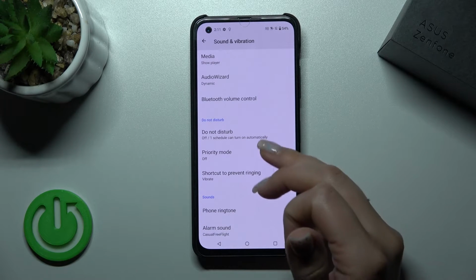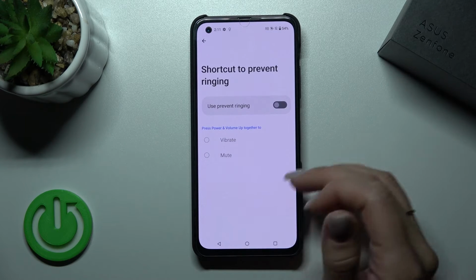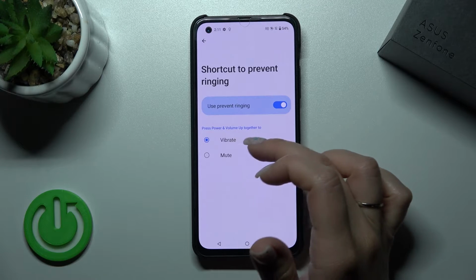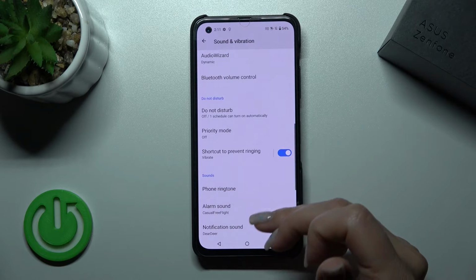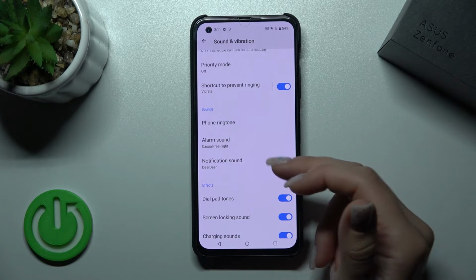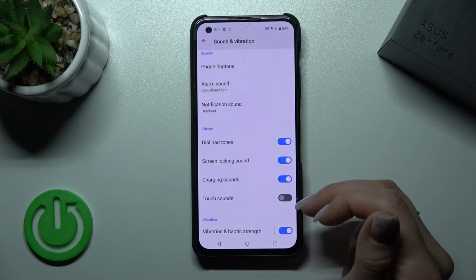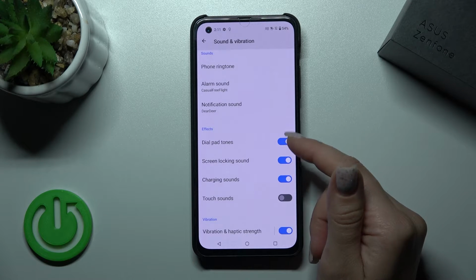We can also turn on and turn off the priority mode. We can turn on or turn off the shortcut to private ringing. We can also switch here vibration to mute. Also we can change phone ringtone, alarm and notification sounds here, and just in other settings we have the sound